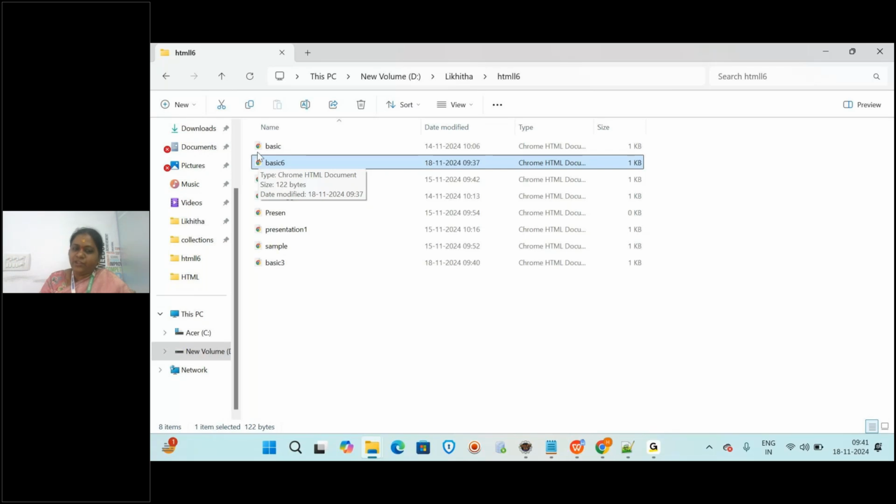So now, when you double click this, it will open with what? The browser here. So what is it displaying? Welcome. This is HTML. And see what is there in the title? Basic. So whatever you write in between the title open tag and title close tag is displayed here. Okay. And the heading is what? Welcome. And this is HTML class. We wrote it in which tag? Body tag.